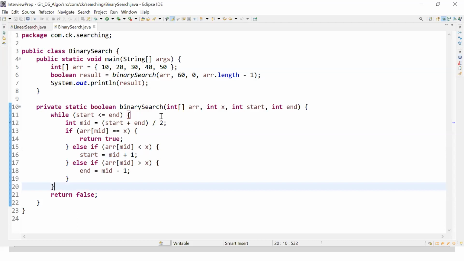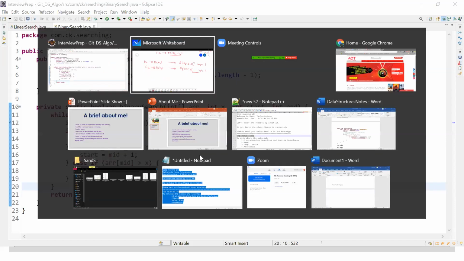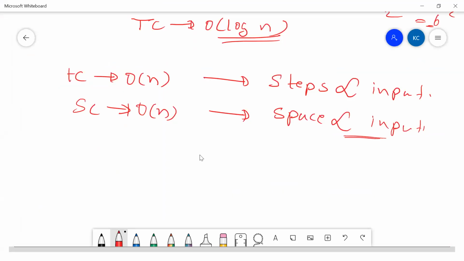It's no, right? Only the input that we have taken, and that input we try to move forward with logic like mid is equal to start plus n by 2, and we made sure that we are not consuming any extra space. So even though you have an input of 10,000, you do not consume extra space, so that's why the space complexity is order of 1.